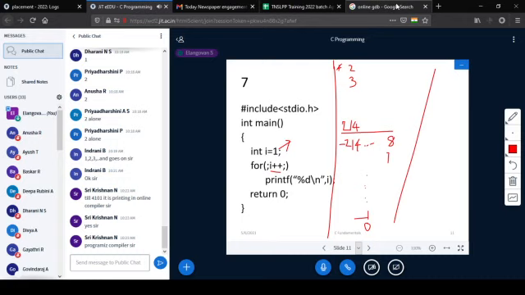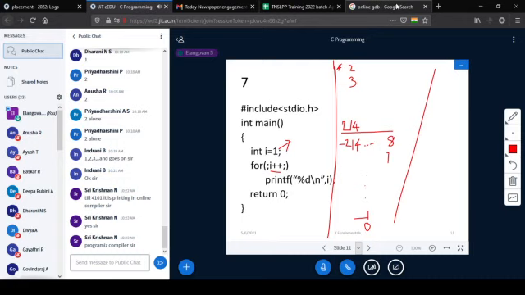Let me also try. I have just opened the online GDB compiler. int i is equal to 1. GDB shows refreshing for me, sir.